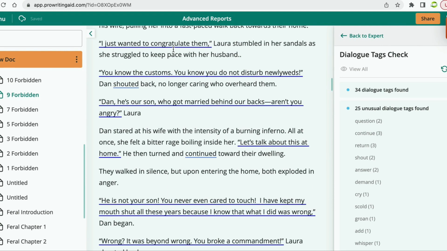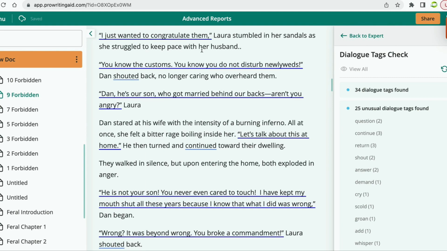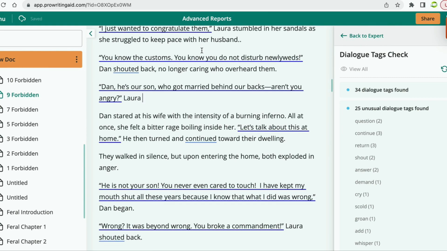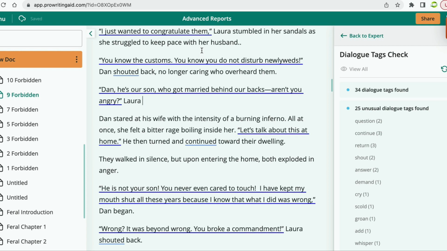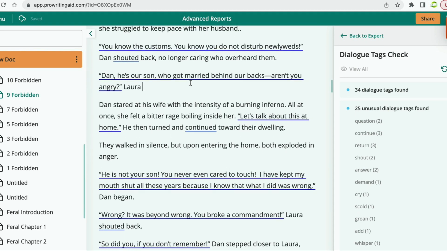Okay, so this is a part where this woman is in front of her son's home, knocking on his door on his wedding day. He's basically being interrupted on his honeymoon, and you don't do that. It's a big no. So her husband finds her and catches her, and he's basically yelling at her. She's mad because she's saying how they got married behind our backs. There's a whole background story about that. We're not going to get into that. That's not what we're focused on. We just need to understand the situation.